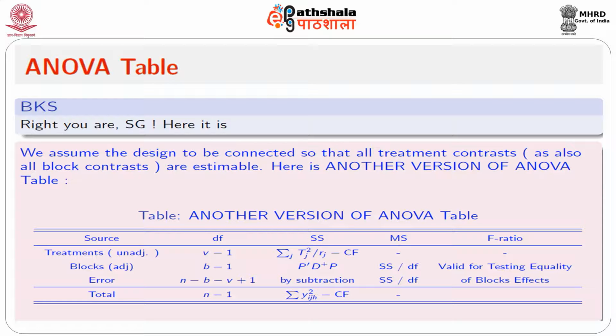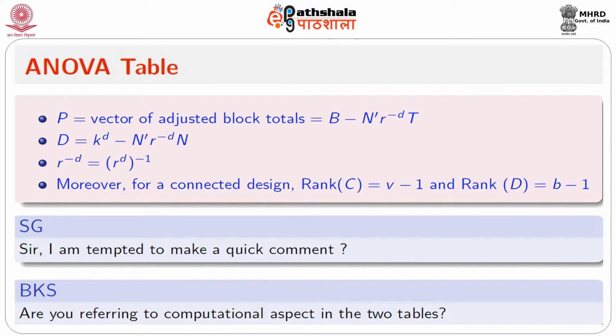Yes, sir. In this version, we write treatments unadjusted, blocks adjusted, and then the errors come by subtraction. When we say treatment unadjusted, the sum of squares is the usual thing coming out of the CRD, and for blocks adjusted, you get P prime D plus P, where P is the vector of adjusted block totals. And this F ratio is a valid F ratio for testing equality of the block effects contrasts. This P, as I said, is the vector of adjusted block totals, B minus N transpose R minus DT,